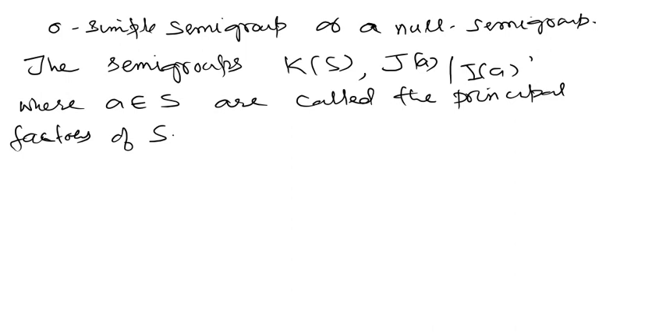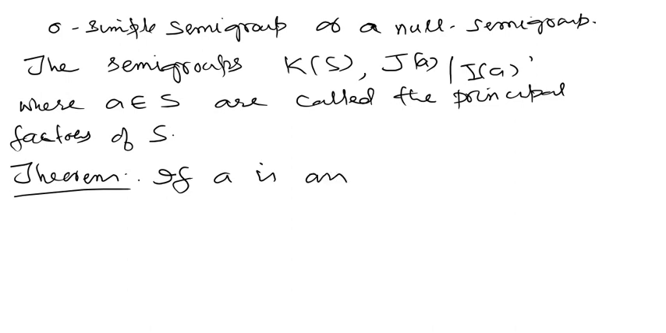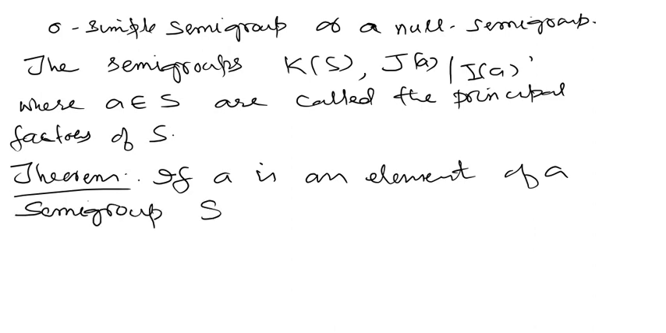Okay, so next we have the following theorem. It follows from these exercises actually. The theorem is the following. That's the last theorem of this section. If a is an element of a semigroup S, then either